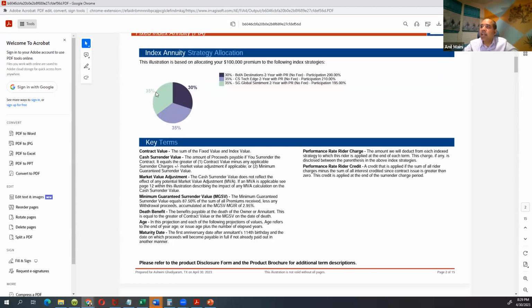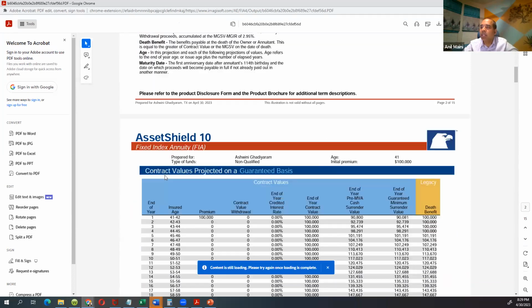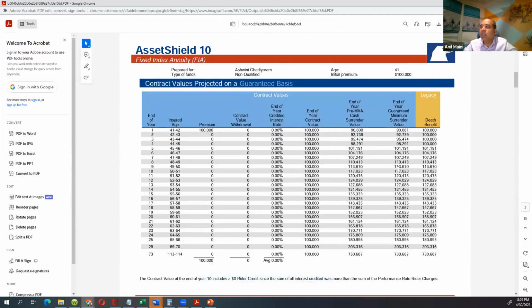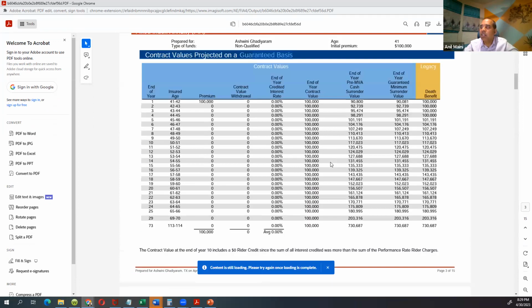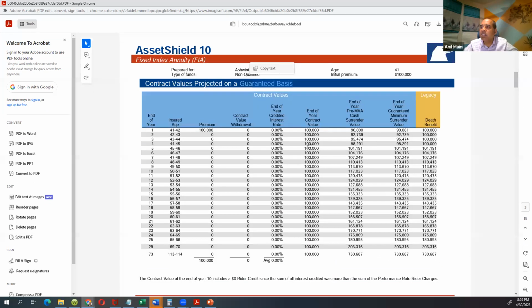So it is telling us that we have divided the indexes into three parts: Bank of America, Credit Suisse, and SV Global. Then it will give us the contract value. This is on the guaranteed basis. So even on the guaranteed basis, even in the worst case scenario, if the market performs 0% for the next 30 years, even then you see that because of their